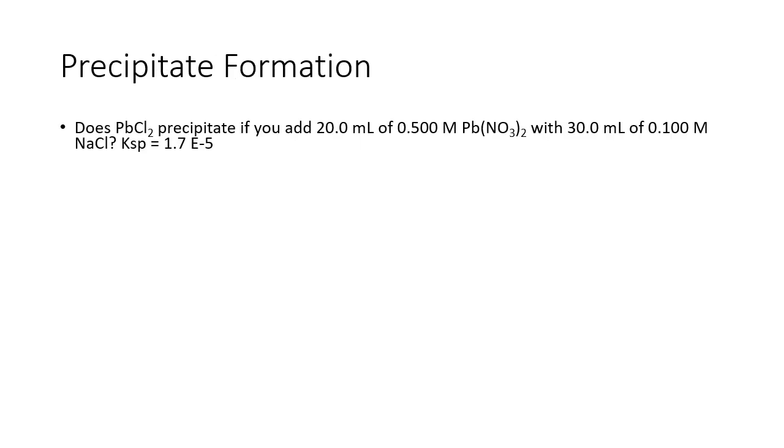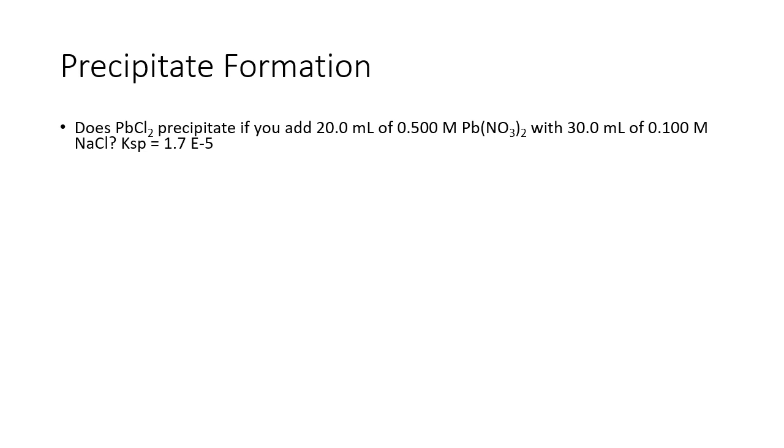We know how to determine if something precipitates given the solubility values, but what about when we're given a KSP instead? In this case, we compare Q and K and decide which way the equilibrium is shifting based on our initial conditions. So without further ado, does lead 2 chloride precipitate if you add 20 milliliters of 0.5 molar lead